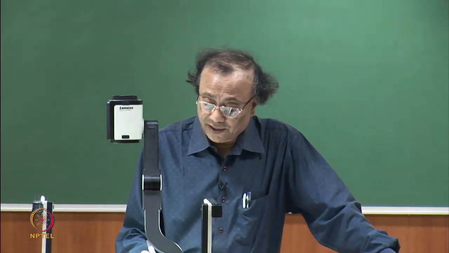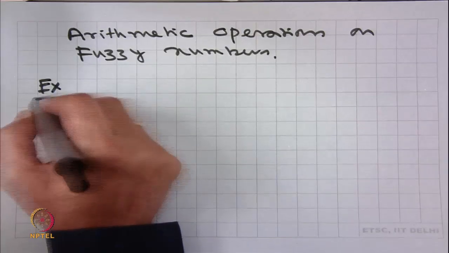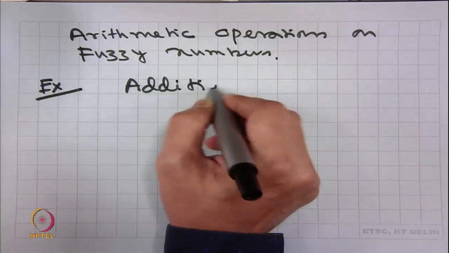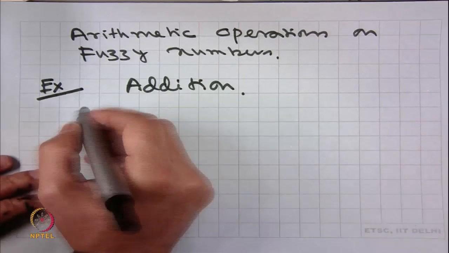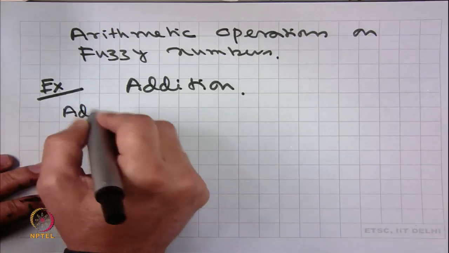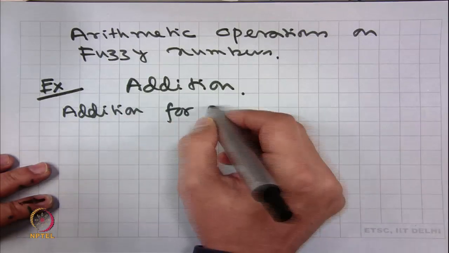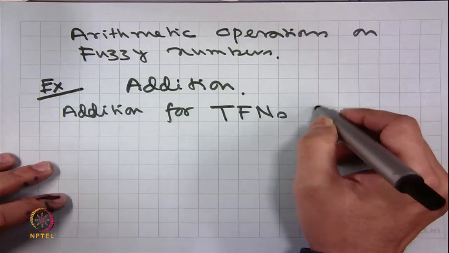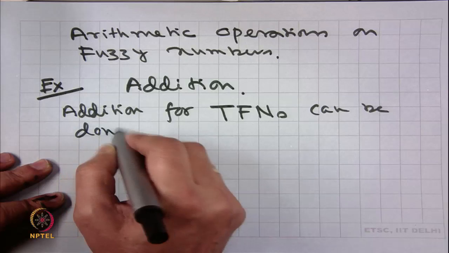So, first, for example, addition. Addition for triangular fuzzy numbers can be done easily